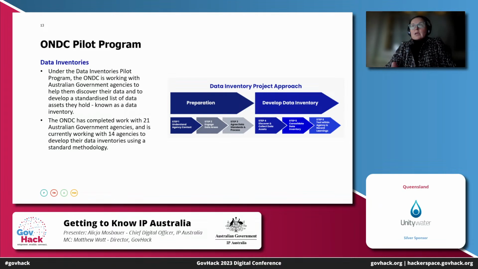So this work has been fantastic in helping us to look at what are the key terms that other Australian government agencies are using to describe their data, and which one of those, or what group of those, makes sense for us as an agency. We're a bit different from a whole lot of other Australian government departments in that we don't collect a whole lot of information about the general public. We have this specific function administering the IP rights. So our stakeholder community and the kinds of data that we're collecting are quite different.